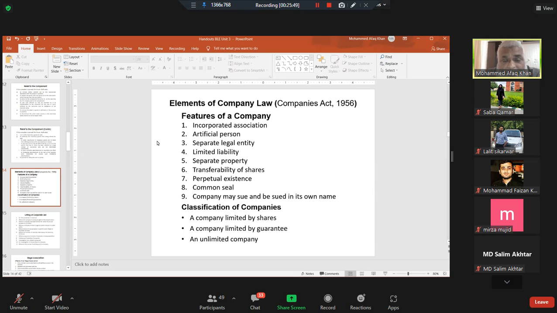Then we come to the classification of the companies. A company limited by shares. Now, companies, they issue shares to the members according to the proportion in which they contribute to the common stock of the company or the capital of the company. So a particular shareholder,